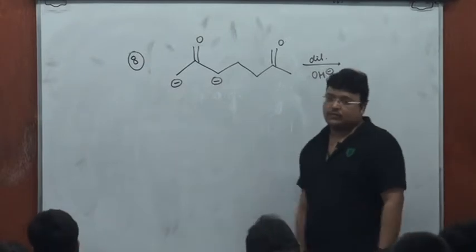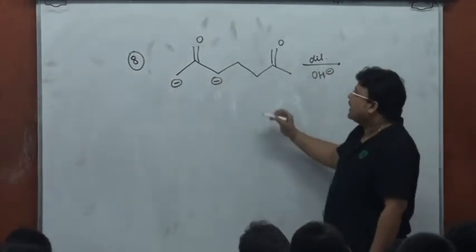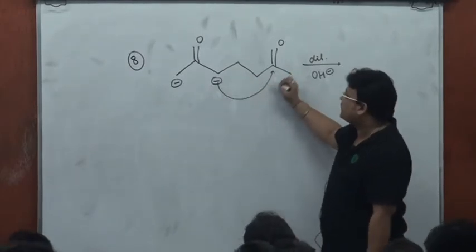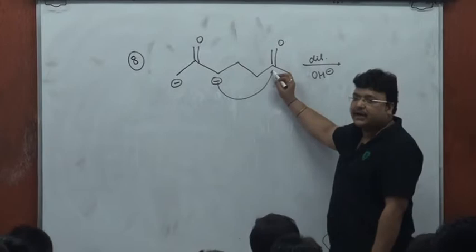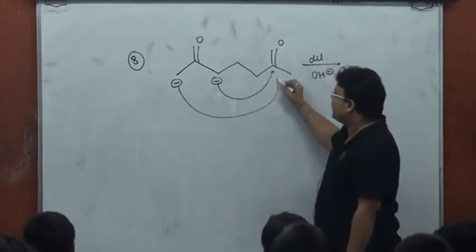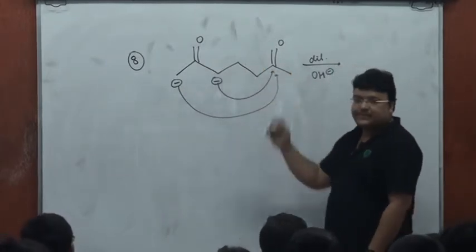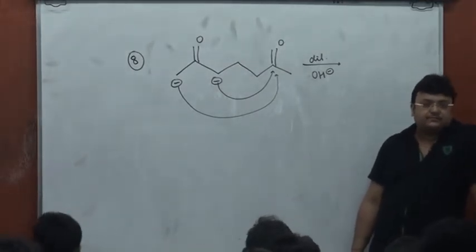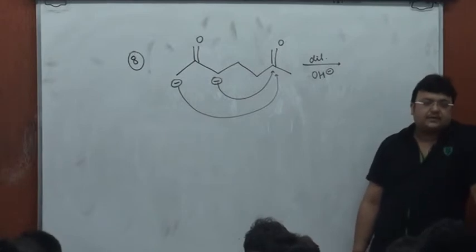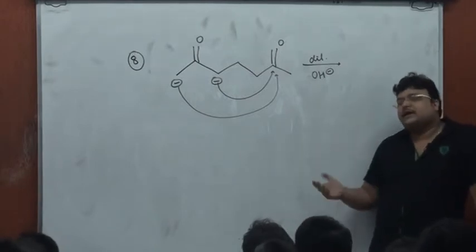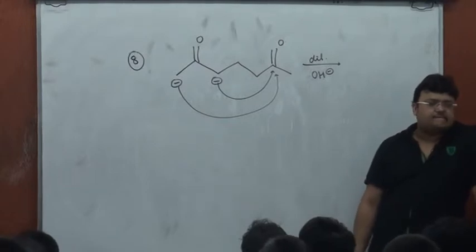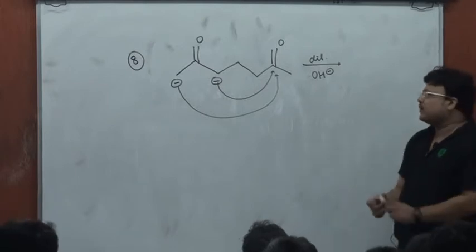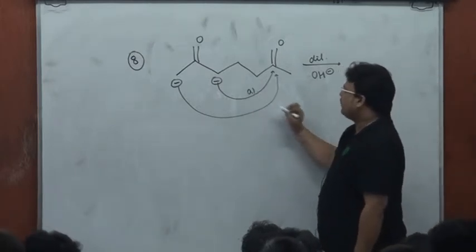Yes or no? And an intramolecular aldol of this kind is going to give you a 4-membered ring. An intramolecular aldol of this kind is going to give you a 1, 2, 3, 4, 5, 6-membered ring. So 2 products possible. Maybe at your end you will want to carry out all these steps independently. I want to give you the 2 possible products the way I have been doing it. This is possibility A, I will talk of product A.